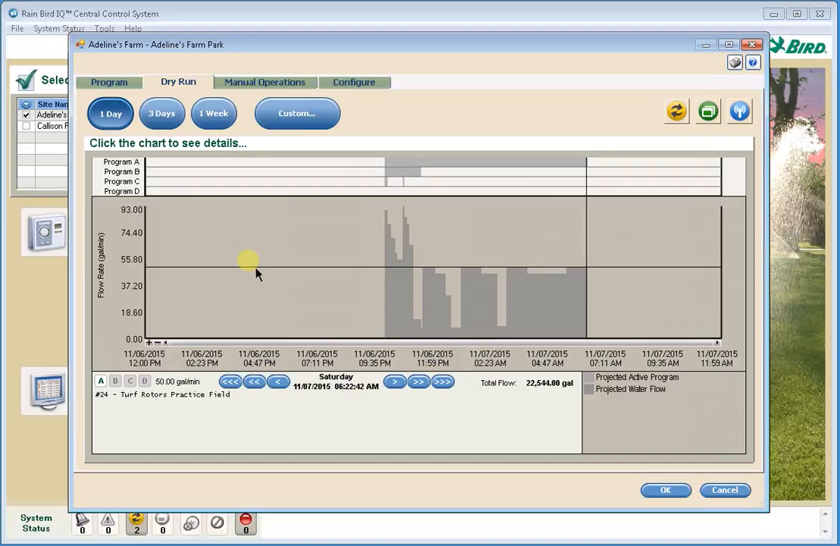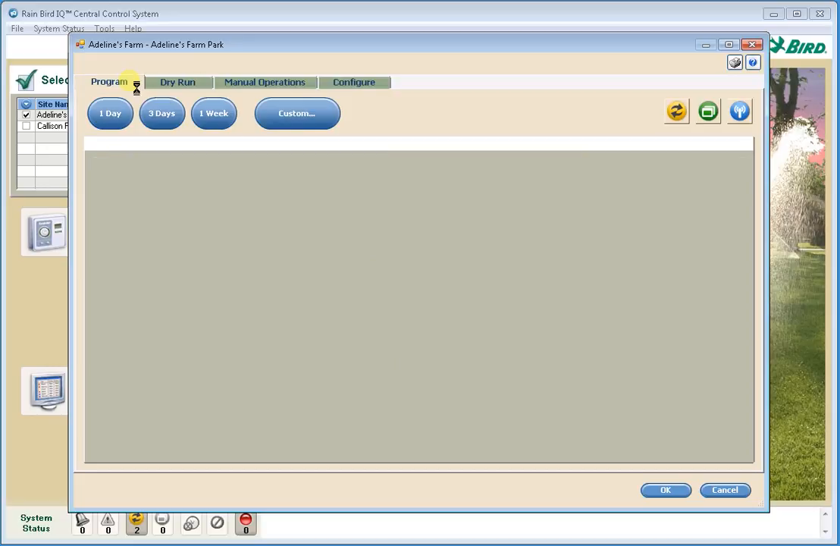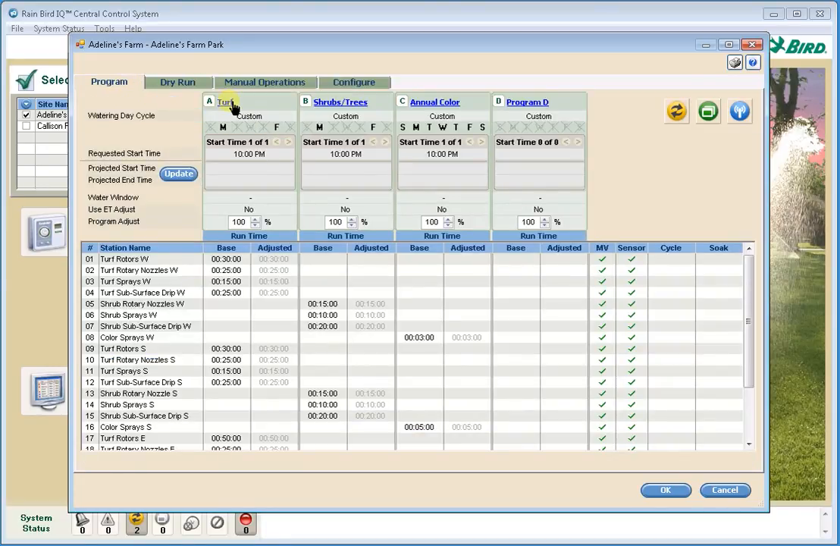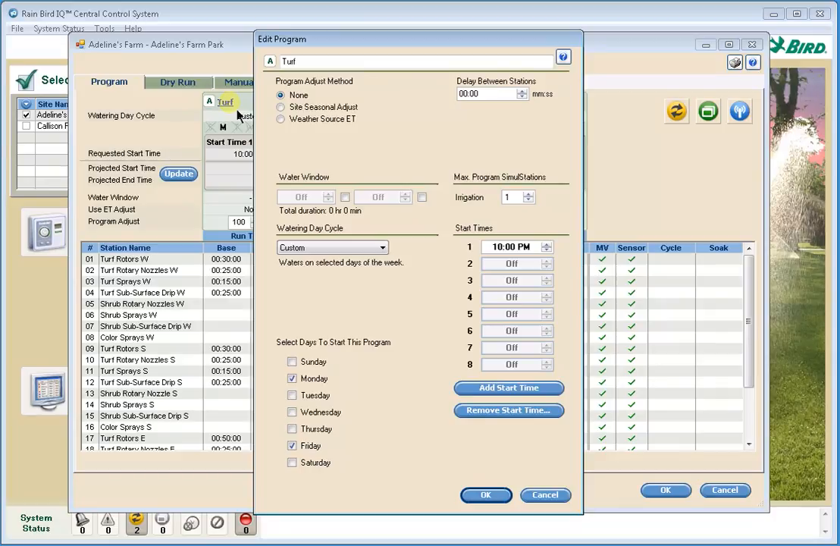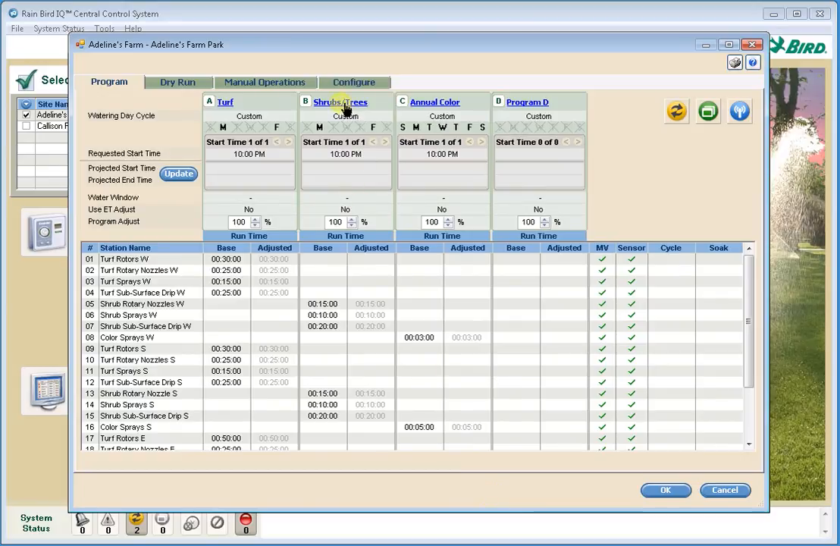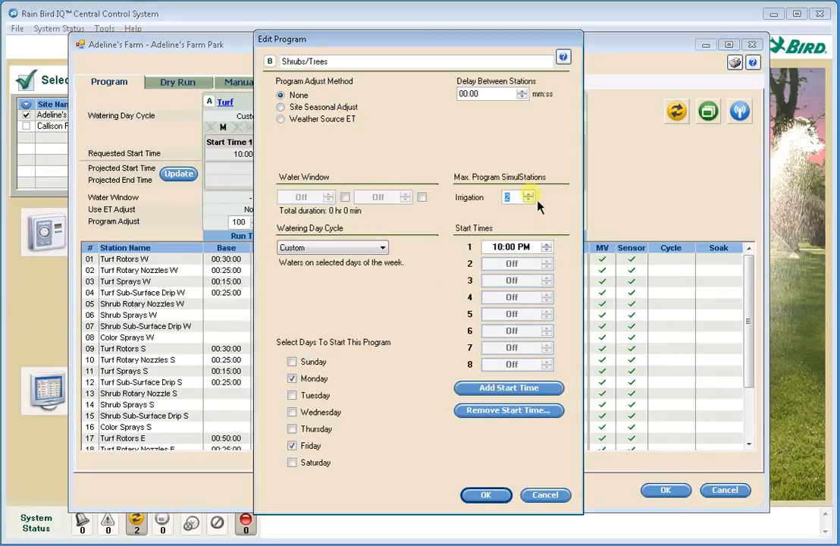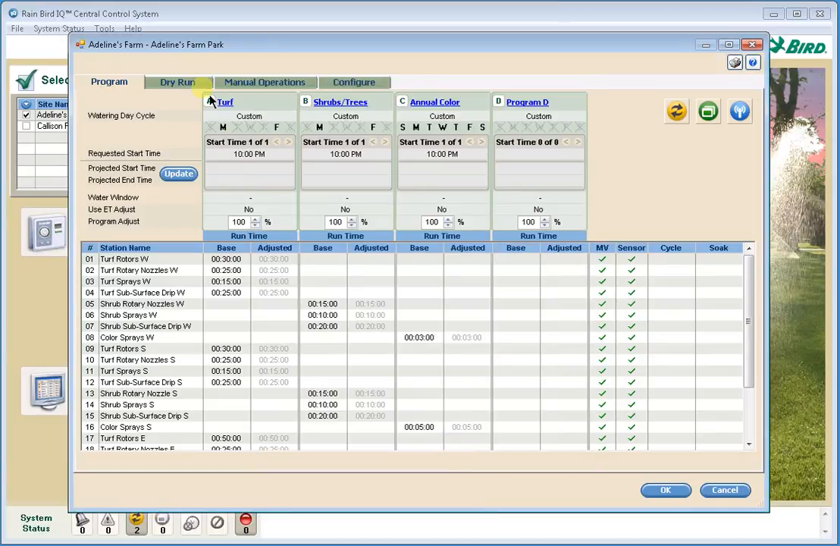One other setting we need to look at: I'm going to go to the program tab, and under each program, clicking on the link at the top of the screen, you'll see there are program specific SimulStation settings also. Right now the default is 1 station operating at a time within each program. If I change this to 2 stations running at a time, in fact I'm going to do the same thing to program B. Now if I go look at the dry run